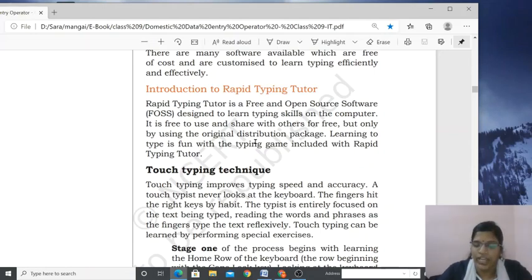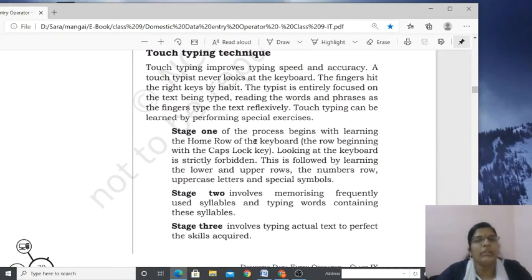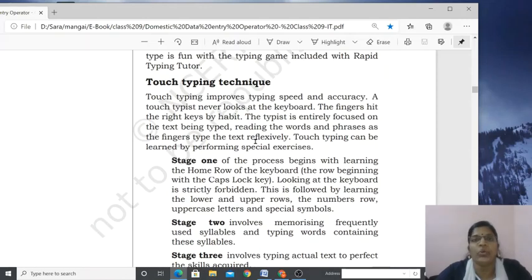Okay, so touch typing technique. Can you please tell me what is meant by touch typist? Who is called a touch typist? Yes, we have already seen that a person who is able to type without looking at the keyboard is called a touch typist. So his eyes never go to the keys on the keyboard. He will look at the monitor and see what he is typing, the words and phrases. He will look at only that. That kind of practice he would be having. That person is called a touch typist. Okay. So to become a touch typist, what are the techniques we have to follow?